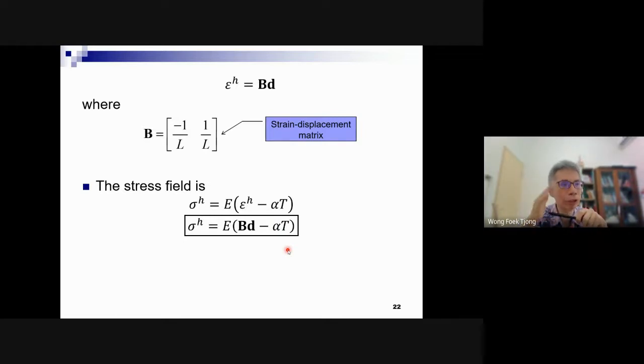So we make use here of the basic relationships: kinematic equations and constitutive equations. Where are the equilibrium equations? My question is that they are not yet used, right? Later we use the weak form, and the weak form is actually the equilibrium equations. Here we just use the kinematic and constitutive equations.